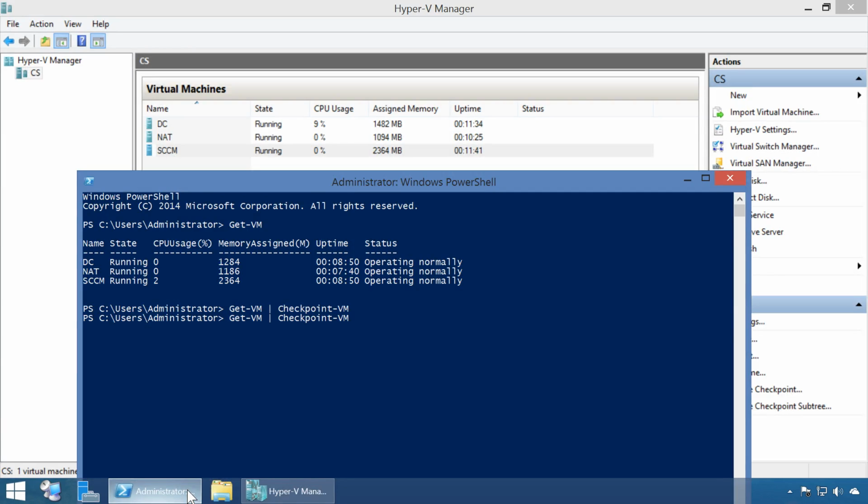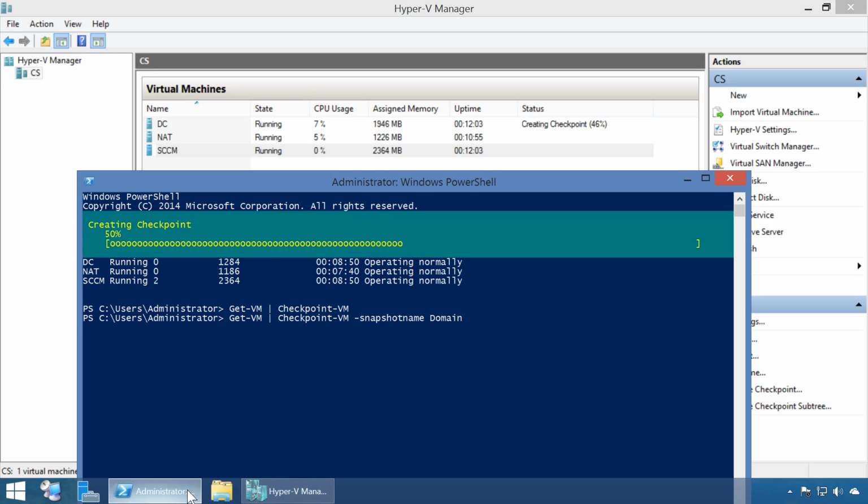We're going to use the snapshot name. Let's say, what should we call this? Domain, meaning that the domain is up and all of the computers are linked to the domain. Let's just call it Domain, all right? We're going to create the state, we're going to create the snapshot,